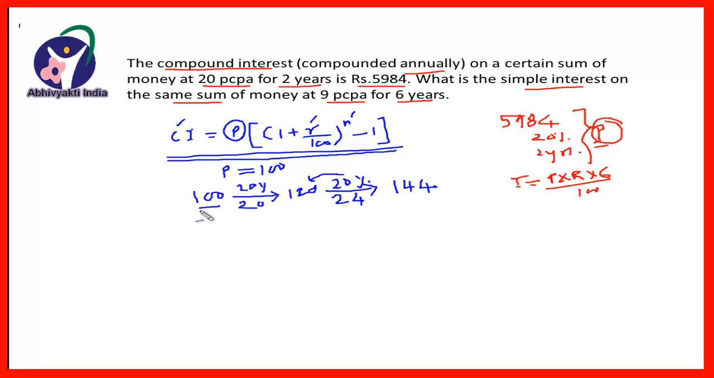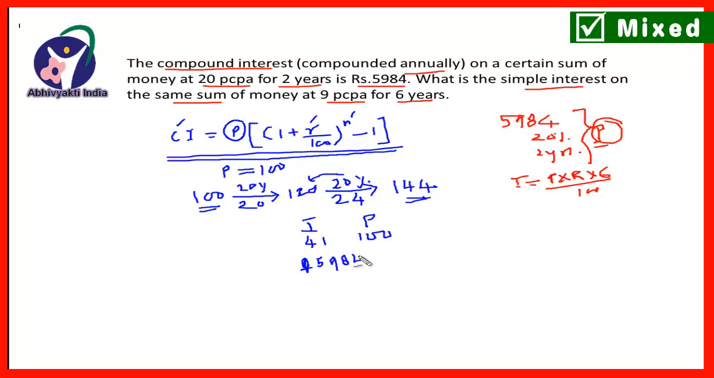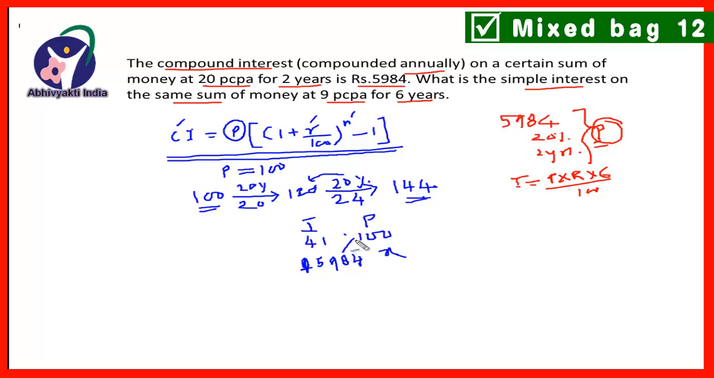So when the principal is rupees 100, the compound interest received is 44. So when the interest is 44 rupees, the principal is 100 rupees. So when the interest is 5,984, what will be the principal? Since this is a direct variation, we multiply the two and divide by the first one. So you will get x is equal to